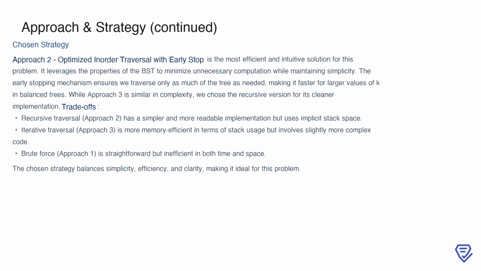While the iterative approach shares similar time and space complexity, we prefer the recursive version for its cleaner and more readable implementation. However, it's important to note the trade-offs. The recursive method uses implicit stack space, whereas the iterative version explicitly manages the stack, making it more memory efficient. The brute force approach, on the other hand, is simple but inefficient in both time and space. Ultimately, the chosen strategy strikes the right balance between simplicity, efficiency, and clarity, making it the ideal solution for this